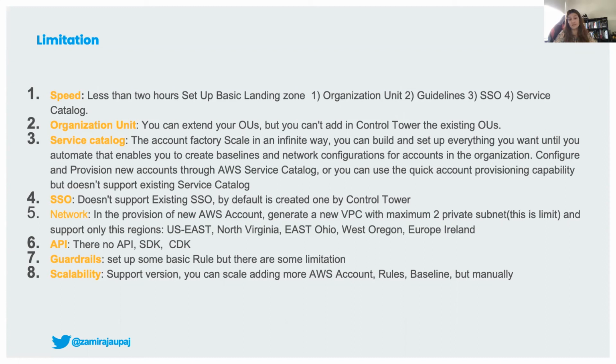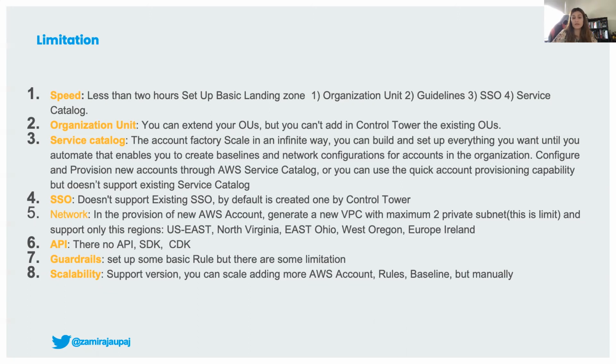About API, this is, I guess, one of the biggest limitations that Control Tower has right now. You can't create Control Tower automatically. The only way to create Control Tower and a full landing zone is to go through the AWS Management Console. It doesn't require a lot of time, just less than 2 hours. You have 3 accounts and a full landing zone provided by AWS. However, if you want to automate provisioning a new version, for now it's not supported by any API.